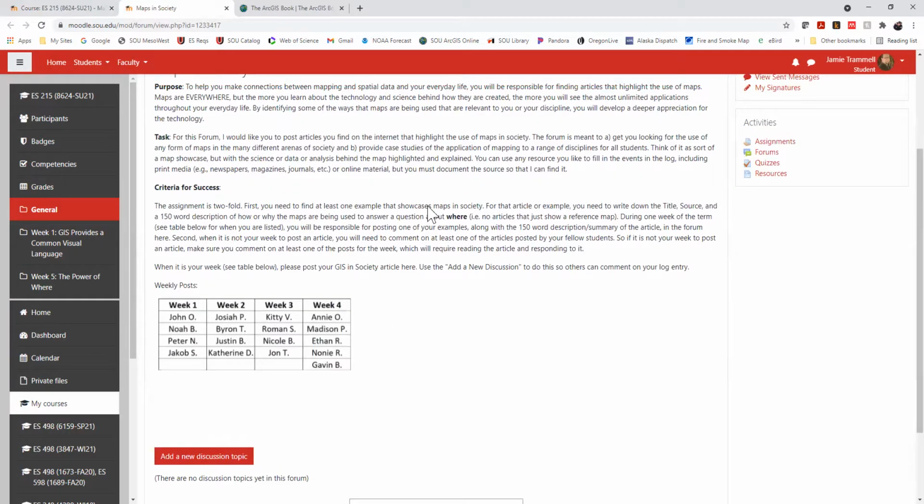So in this case, the criteria for success is twofold. You have to come up with at least one example that showcases maps in society, and you do that for the week that you're assigned. So when you're assigned for a week, you have to post that. So in this first week, the 4 here need to find a map or find an example, so find some sort of article or something. Write down the title, the source, and a 150-word description of how or why the maps are being used to answer